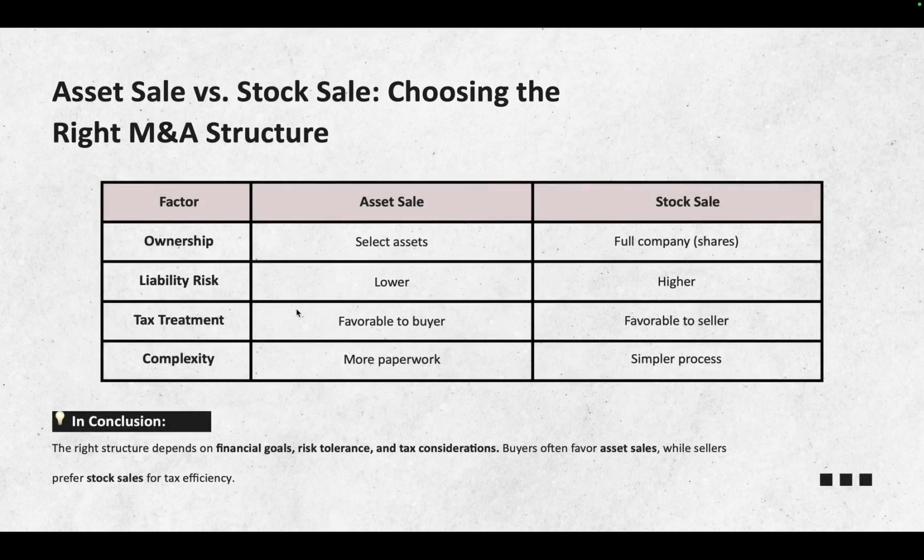So this is an overall summarized table where you can see that, okay, with an asset sale, from an ownership standpoint, you're just buying a specific set of assets. In the purchase agreement, you're actually going to list out everything you're taking over, right? The customer list, the contract, the equipment, the fixed assets, everything, right? The website, the software, etc. And so you get to pick and choose and you have more control. So there's lower liability to you as a buyer, and you get to do the step up in basis,